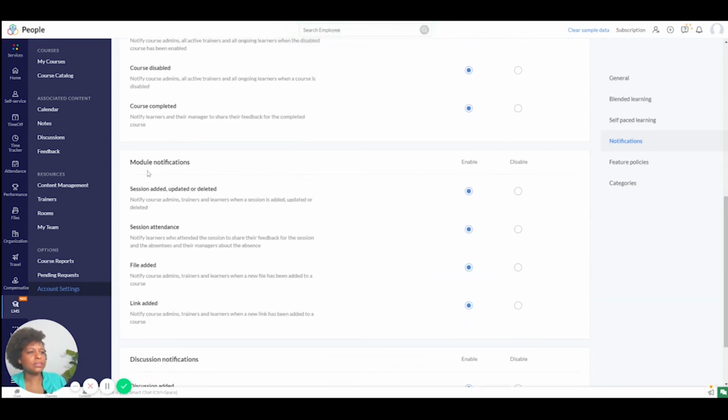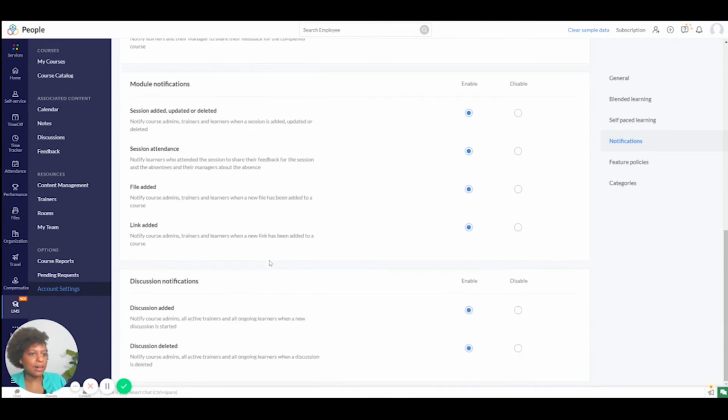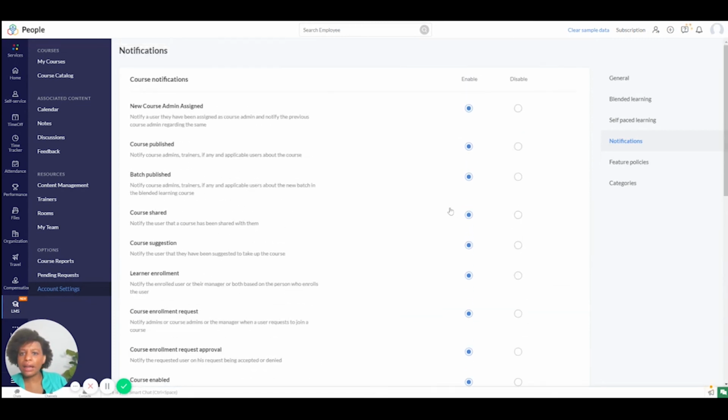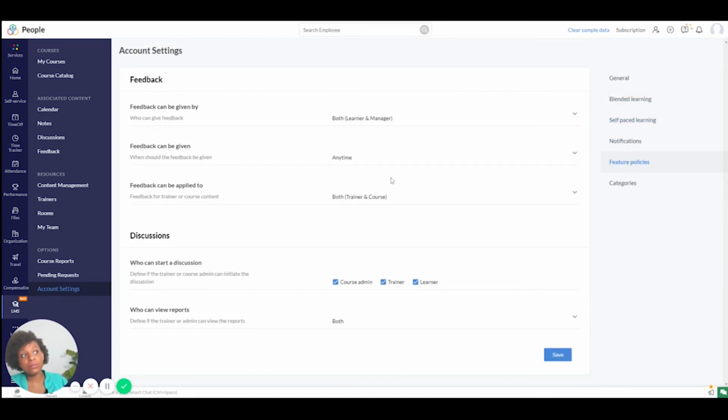So there's other things, module notifications, session attendance. You want to make sure that the employees are actually showing up to the training, whether or not there was a link added or a discussion added. So these are things that you would have to look around and see if this is something that is ideal for you and your organization. Any feedback? Who are you going to allow to offer the feedback? Because remember, the feedback is over here in this tab. So do you want the learner only to provide feedback? Do you want the managers to provide feedback? And honestly, I would leave it at both because